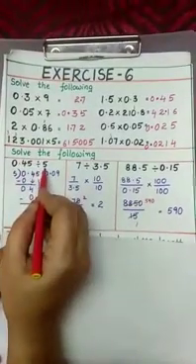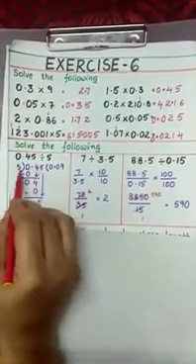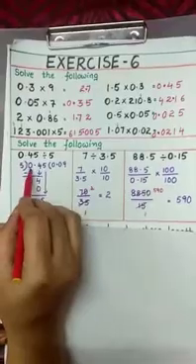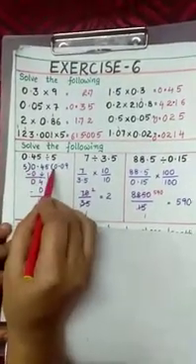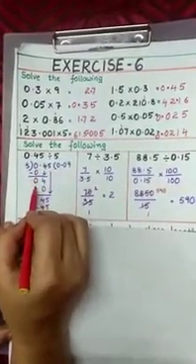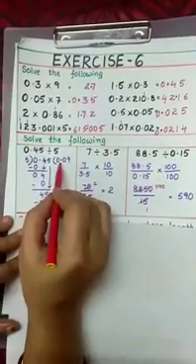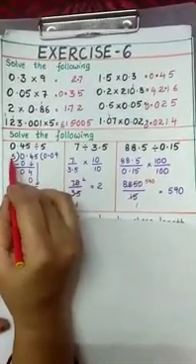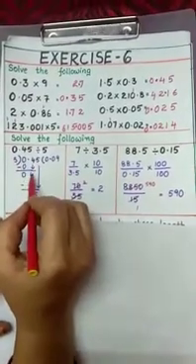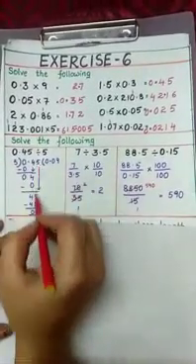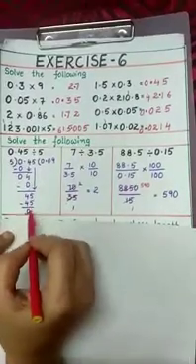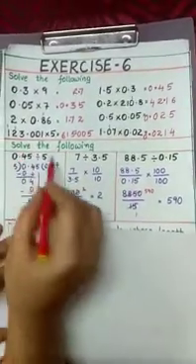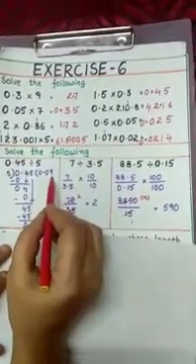0.45 divided by 5. First, divide the whole number part. 5 zeros are 0, 0 minus 0 is 0. Shift the decimal to the quotient place. Take 4 here. 4 is not divisible by 5. Again, 5 zeros are 0, 4 minus 0 is 4. Take 5. 5 nines are 45. Remainder is 0. Hence the quotient is 0.09.